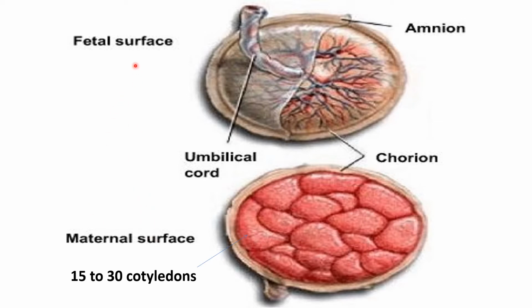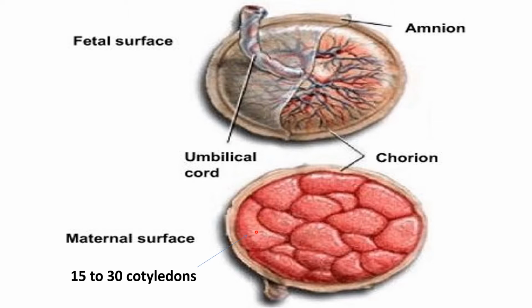By way of introduction, the placenta is a feto-maternal organ. It connects the growing fetus to the wall of the gravid uterus. It is a disc-shaped organ weighing about 500 grams, and it has two surfaces. The irregular maternal surface is divided into 15 to 20 small lobules. These are the maternal surface. We divide it into 15 to 20 cotyledons or lobules, and the smooth fetal surface is covered with the amnion.